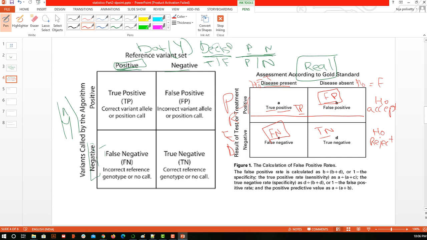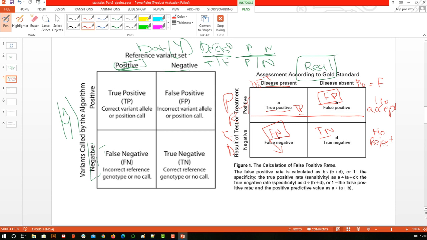Now let's correlate this situation with the literal COVID situation. The most critical thing here is that COVID was present and we said it was not present. Even if the patient doesn't have the disease and we say that you have the disease, then we took the wrong decision, but in that case the patient will get the treatment, and that's it. But if the COVID disease is present and we say that COVID is not present, what happens? It will spread to too many people. So this is the most critical thing.